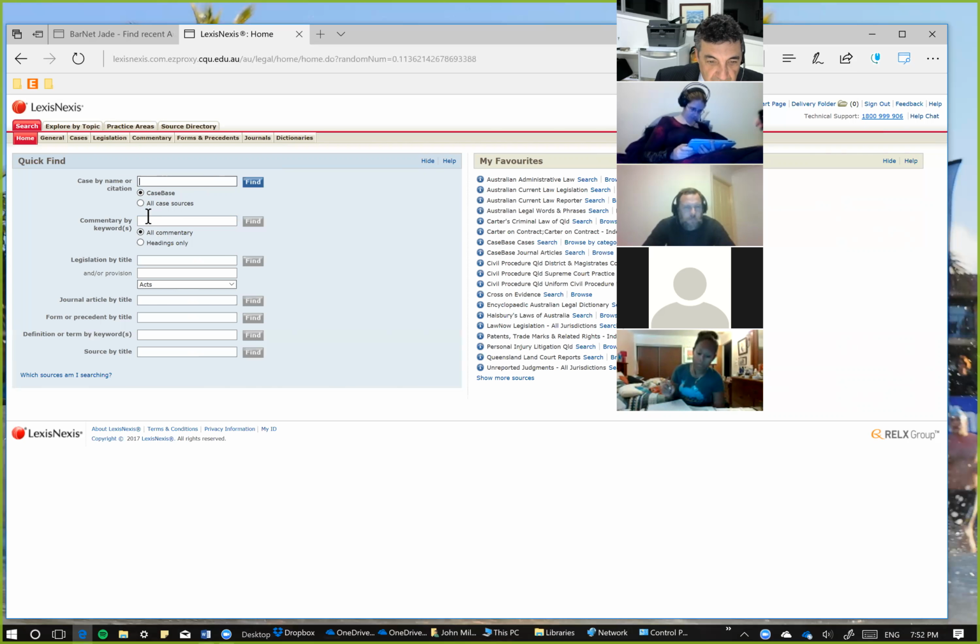The advanced search gives you an opportunity to use keywords and phrases, and there's also searches available through forms or precedent titles. If we look at the top ribbon, again, you'll see home, and then opportunities to search by general, by cases, legislation, commentary, forms and precedents, etc. And also dictionaries is a handy opportunity for you to search. So